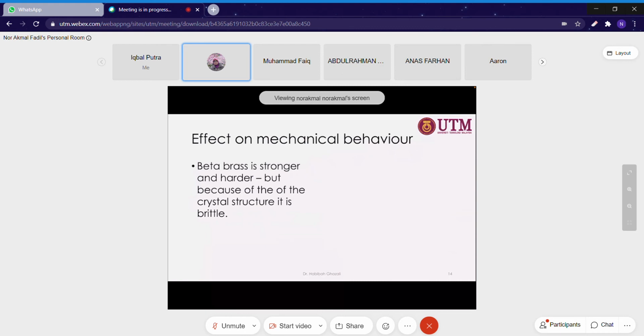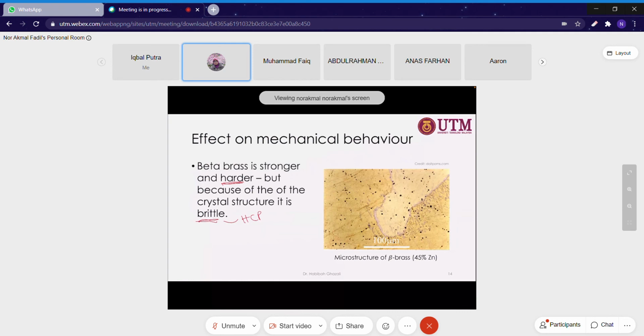Beta brass is stronger and harder, but because of the crystal structure it is brittle, because it contains HCP structure. And this is the microstructure of beta brass. They can only be hot worked and cast. What does it mean? Just now we talked about